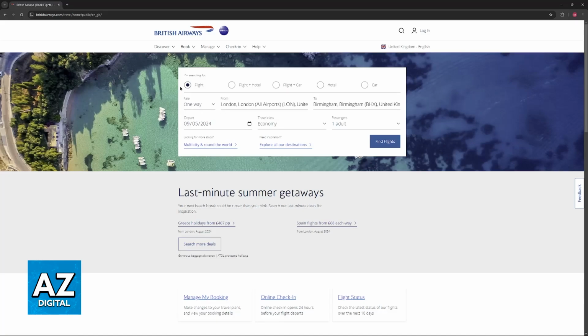So all that you have to do is first, for the main option, just use the standard search and book function available on the home screen of the British Airways website. So you can choose to book a flight, choose between return or one-way, and then set up the origin and the destination. Include the departure and return date if applicable. Choose the travel class here, the passengers, and now you are good to go.